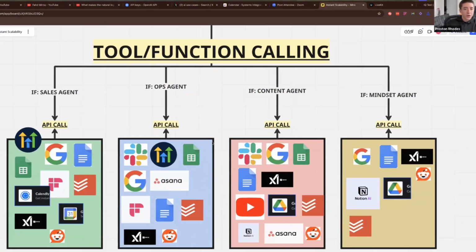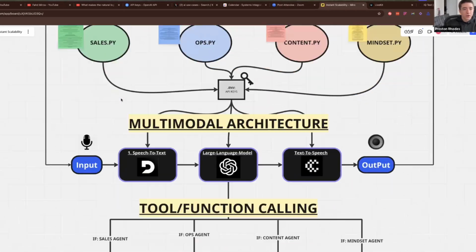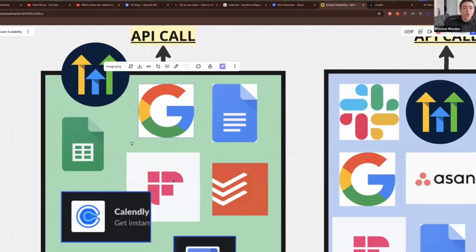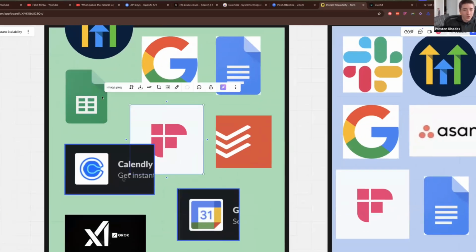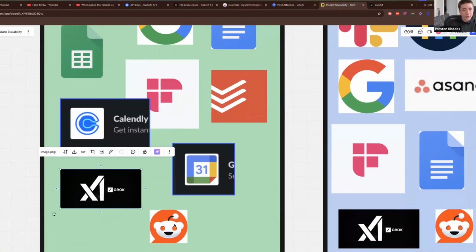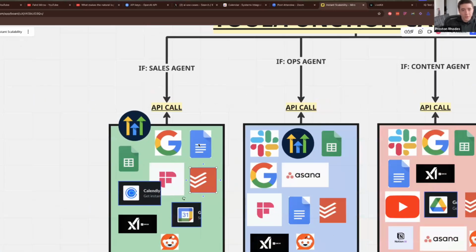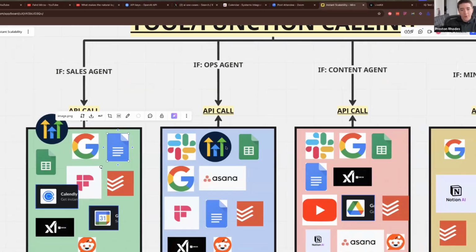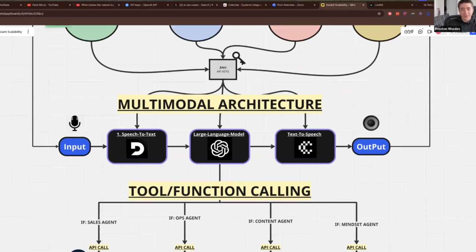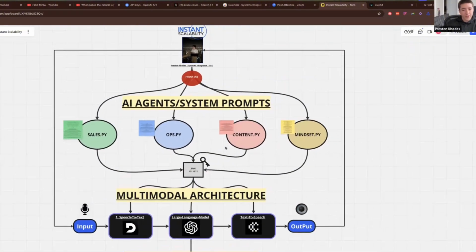So these functions I've defined as per each of these agents. That would be like Go High Level's API, searching on Google, Firefly's API for my sales call notes, Google Sheets, Calendly, X, Reddit, Google Calendar, Todoist, Google Docs. Then we have operations, so same goes. Essentially the tools that I'm using in my day-to-day that we almost identify already in the AutomateOS canvas,